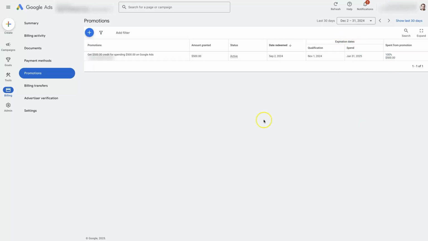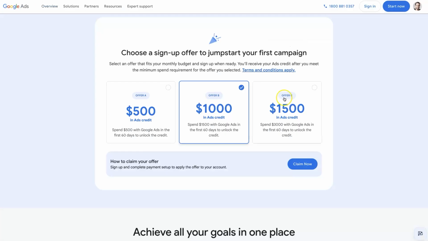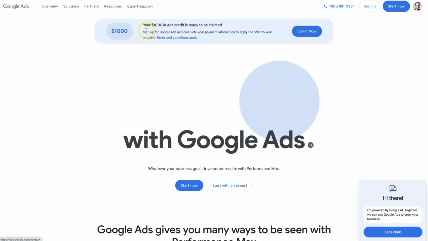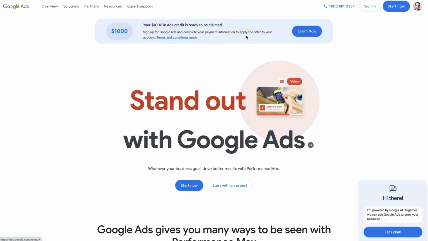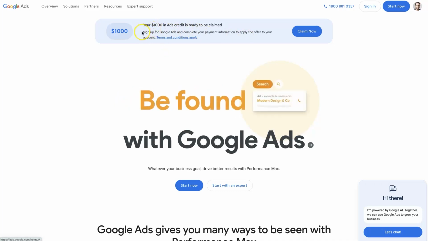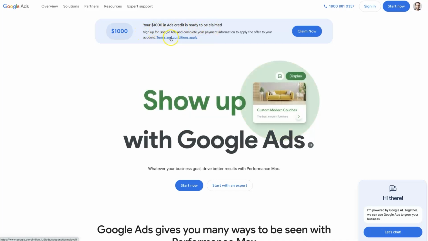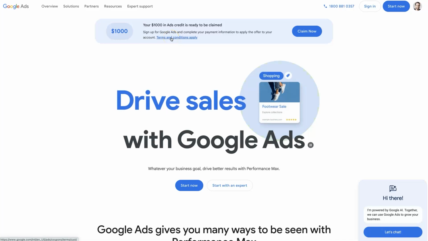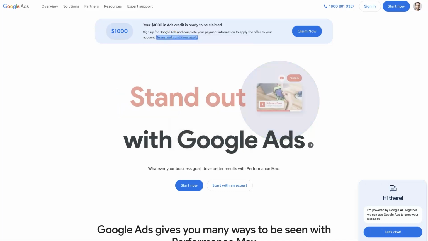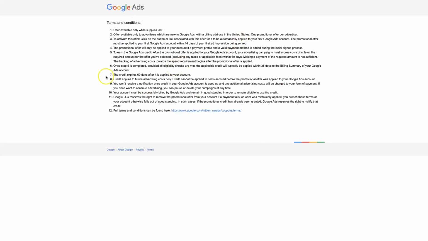And the other really big thing to keep in mind is that this is for new advertisers only, right? It's actually saying it's ready to be claimed. So if you come to this terms and conditions, you can analyze the whole breakdown in more depth. But the biggest thing to keep in mind is that you want to make sure that this is your first time